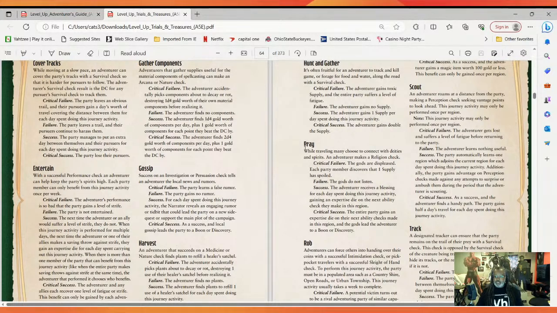An adventurer makes a religion check. On a critical failure, the gods are displeased. Each party member discovers that one's supply has spoiled. Or if there's a failure, the gods do not listen. Under a success, the adventurer receives a blessing for each day spent doing this journey activity, gaining an expertise die on the next ability check they make in the region. And then lastly, under critical success, the entire party gains an expertise die on their next ability checks made in this region, and